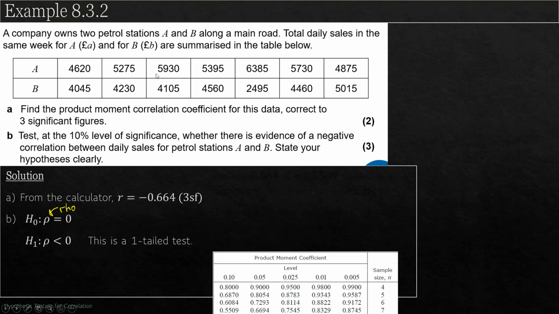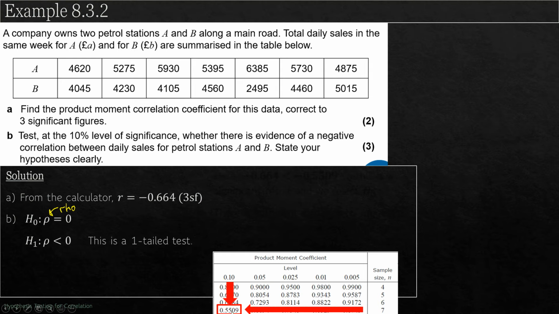We've got 7 pairs of values, so our sample size is 7. Don't make the mistake of using 14 for the sample size. It's how many pairs of values is what we're looking for. So here we have 7 pairs, n is 7. 10% because it's a one-tailed test, so this column, 10% column, n is 7, and we get a critical value